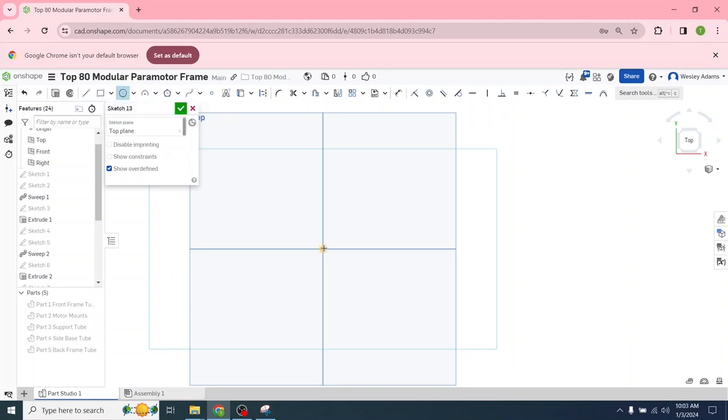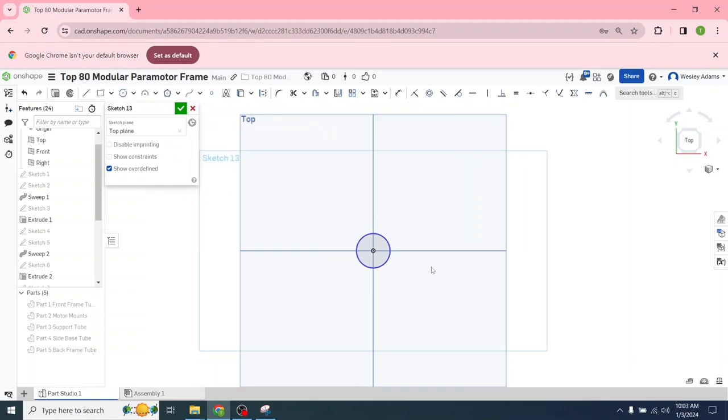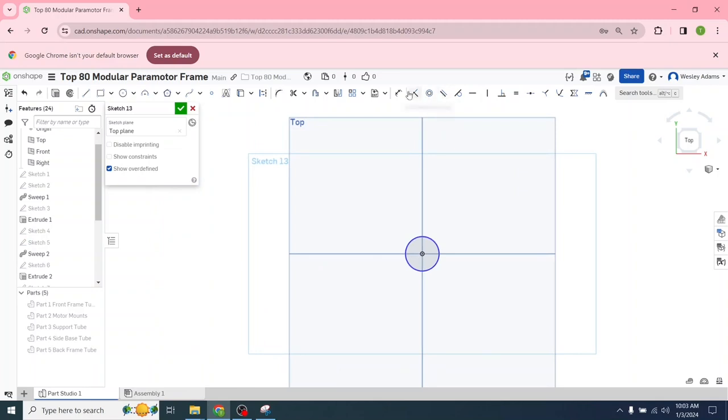left click center point circle, hover over the center of the plane, then left click and then drag that out. Hit escape to deactivate the center point circle tool. Come up,